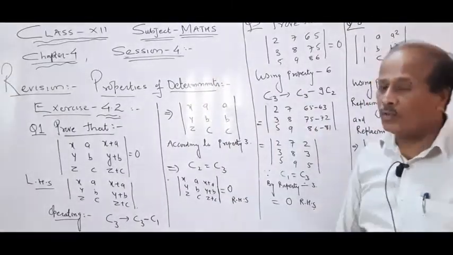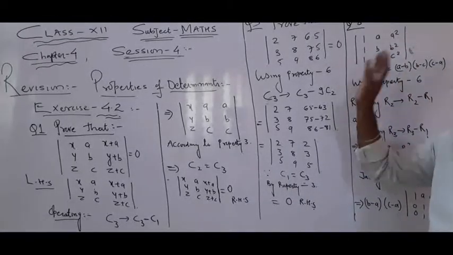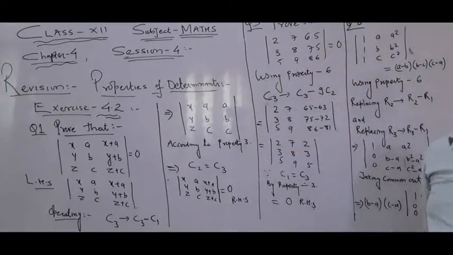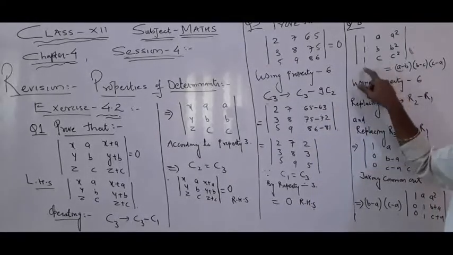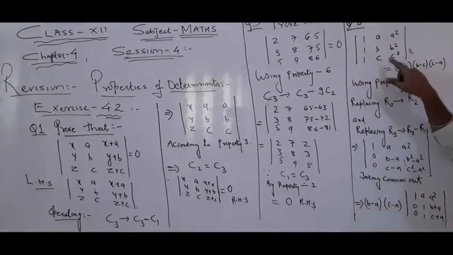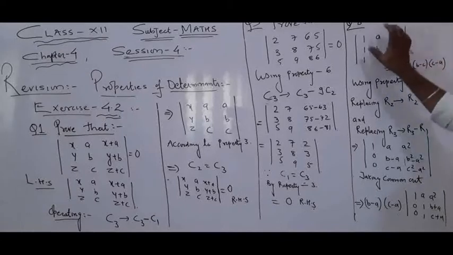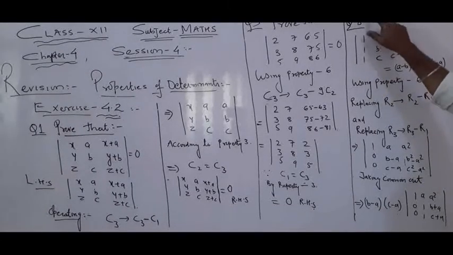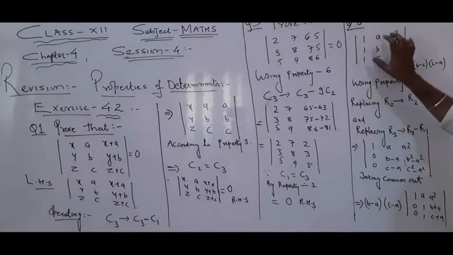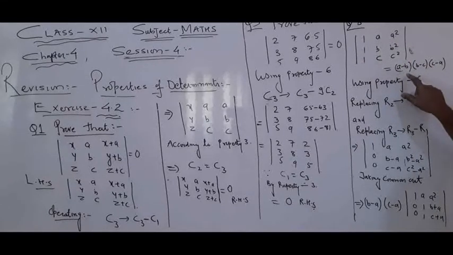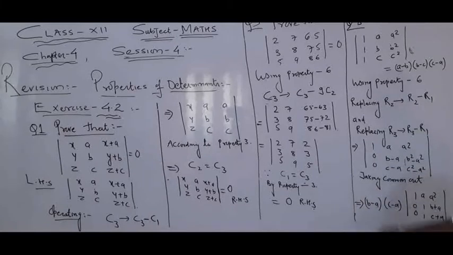So what I am going to do, now there are 3-4 such types of questions. 2 questions today I am going to do. 1 1 1 I am finding here, and now what they are asking is that, one determinant is given and question number 8 says prove that this determinant is equal to (a minus b)(b minus c)(c minus a). So come on, using property 6. What is that property 6?